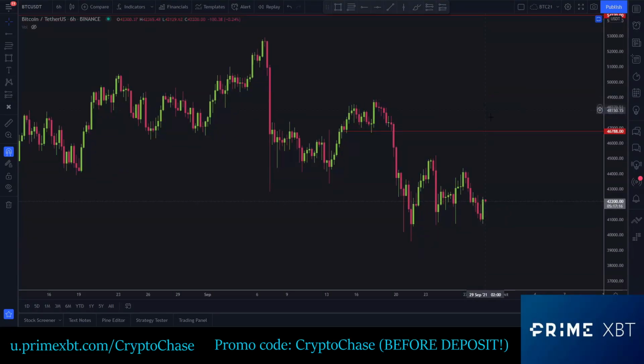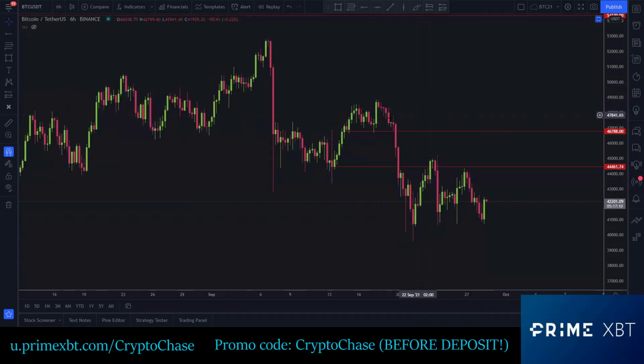So I'm going to mark out two levels just to show you guys a trade possibility that's coming up if we are to move upwards, okay? So we have support here, support here and support here before the breakdown. When we break down, we void right through it. Once again, not respecting the void here, doing a bit of a fake out and then dumping. But if we do clear this level, okay? If we clear this level, if we break into here,